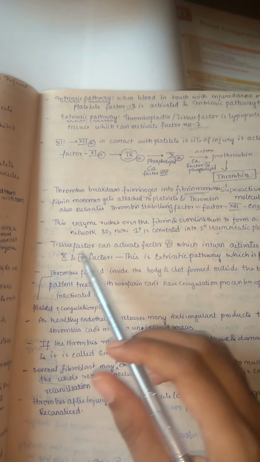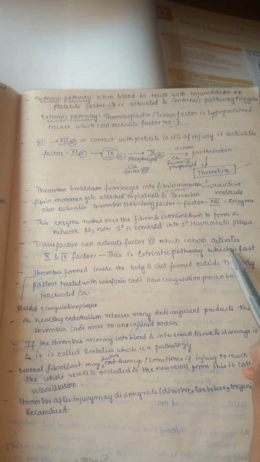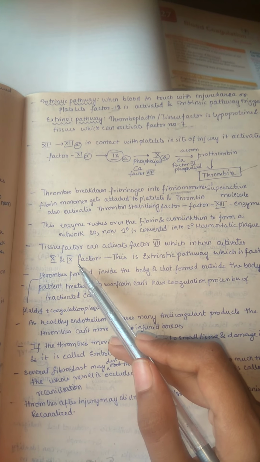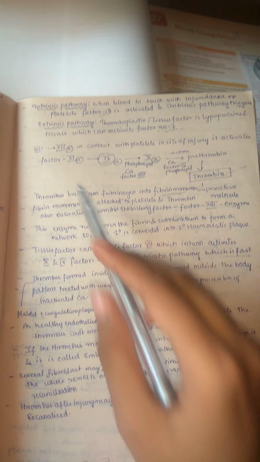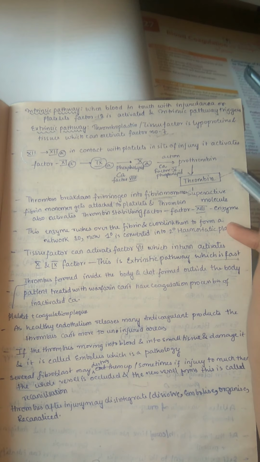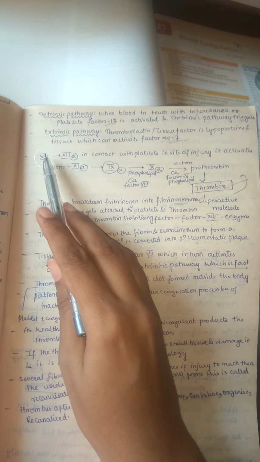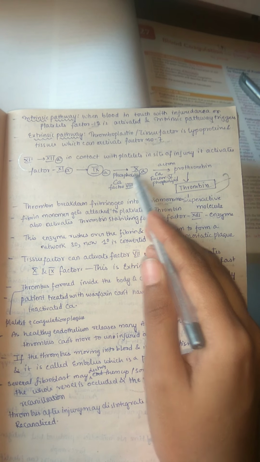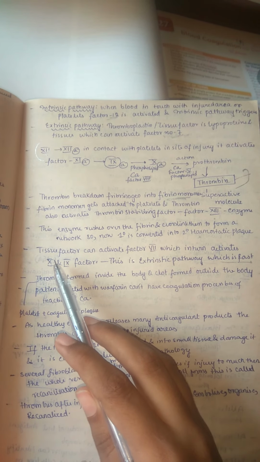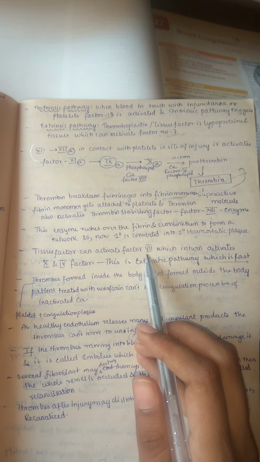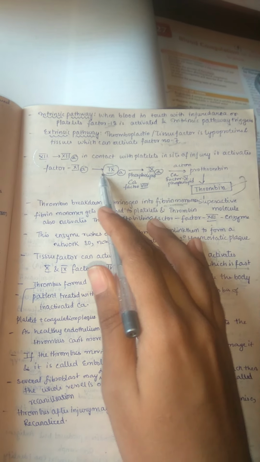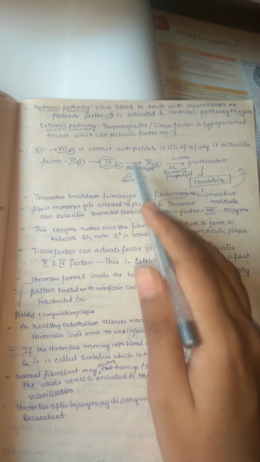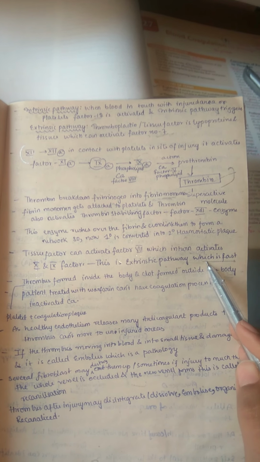We already discussed that the tissue factor can activate factor 7, which in turn activates factor 10 and factor 9. So this is the extrinsic pathway, which is fast. This is the intrinsic pathway: from 12 to 9 to 8 to 10, and thrombin is forming, but here it is a very shortcut form. You can see tissue factor directly activating factor 7, which in turn activates 10. Directly it comes to this path, from 7 to 10 and into 9. So always remember the extrinsic pathway is very fast and the intrinsic is somewhat slow.